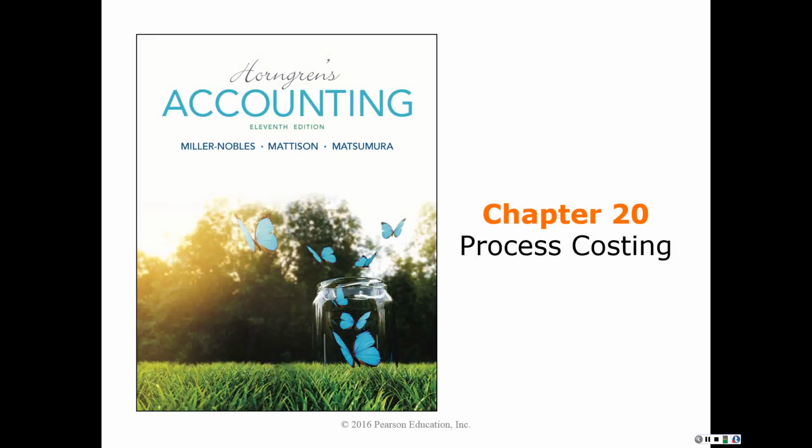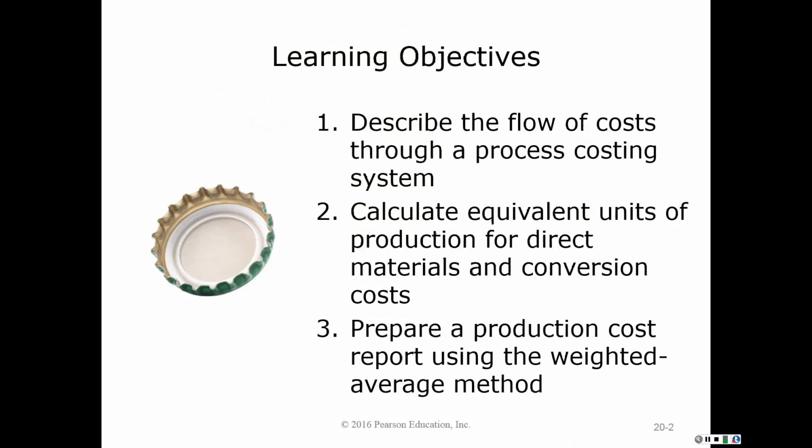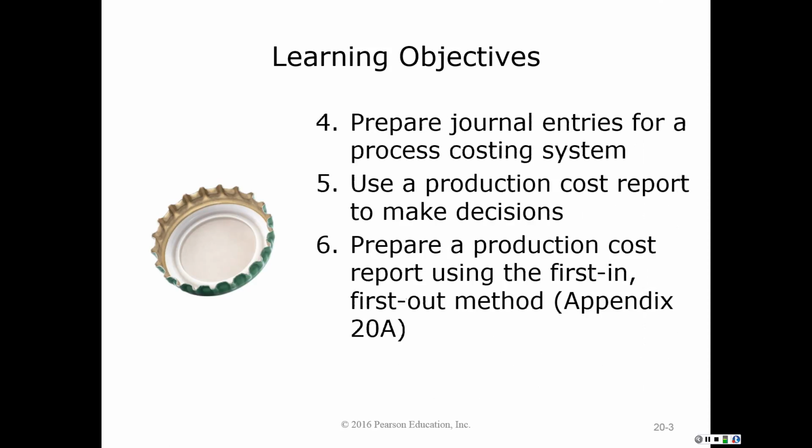Our next series of lectures will address process costing. The objectives that we're going to look at in this chapter involve understanding the difference of the costs that flow through a process costing system compared to the job order costing system that we've already discussed. We'll also look at how we calculate equivalent units of production in each process. We will look at the production cost reports using the weighted average method, and if time allows, the FIFO method